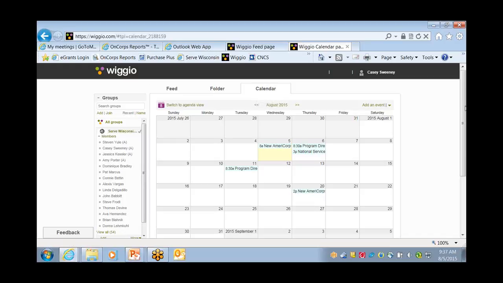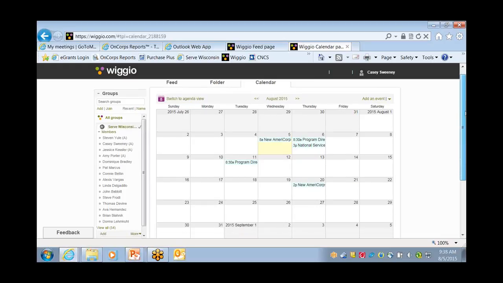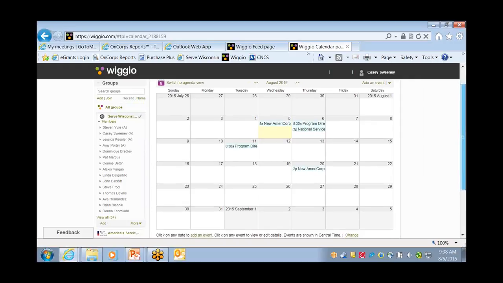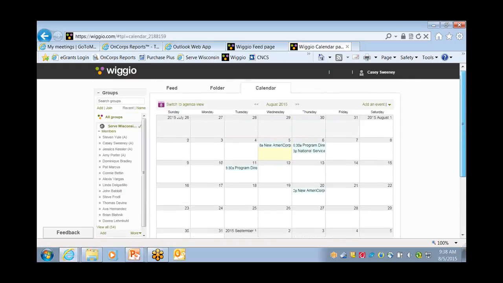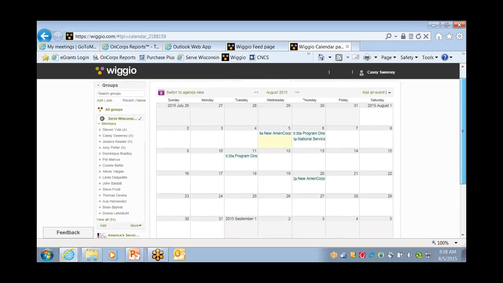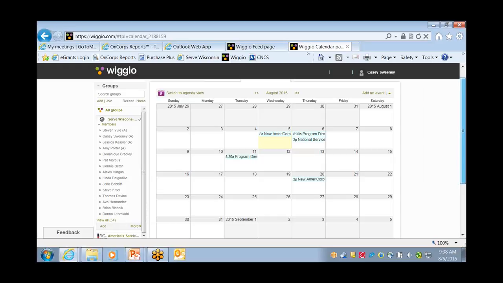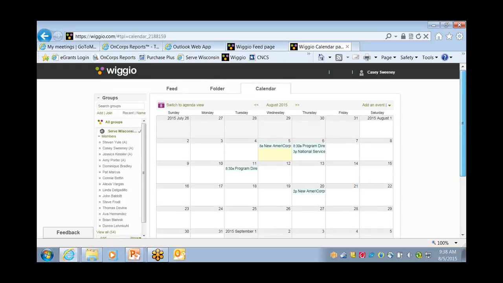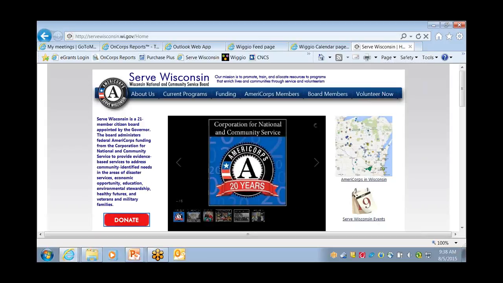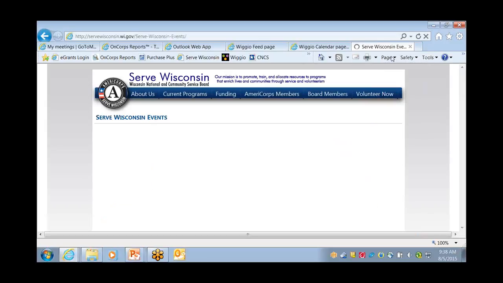Each year we put out paper documents related to our calendars, but we're going to work hard to update a lot of deadlines or events to have them on Wigio and also on our Serve Wisconsin website. There's a Google Calendar located there. Since it is a Google Calendar, you can share that with yourself,